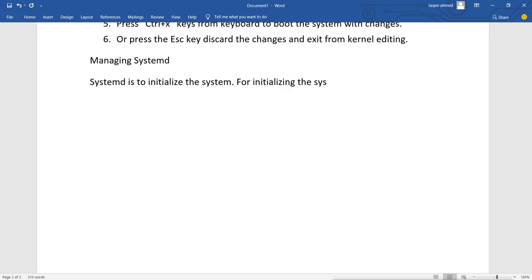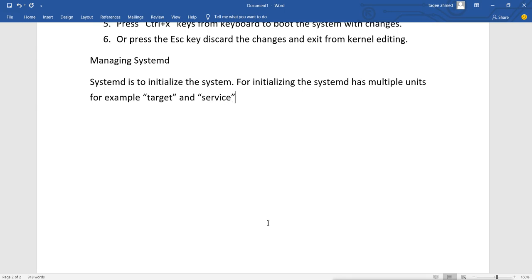systemd has multiple units, for example target unit and service unit.